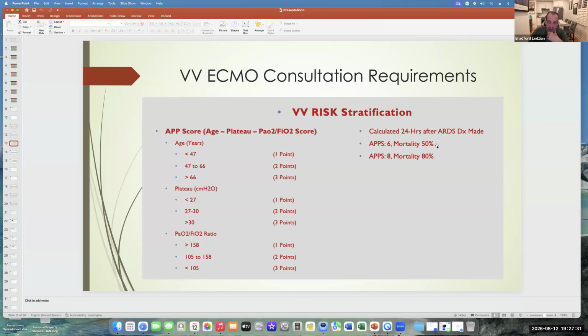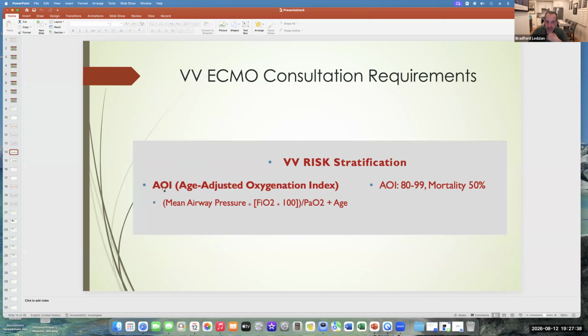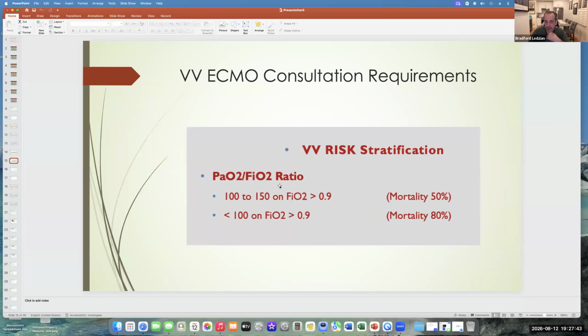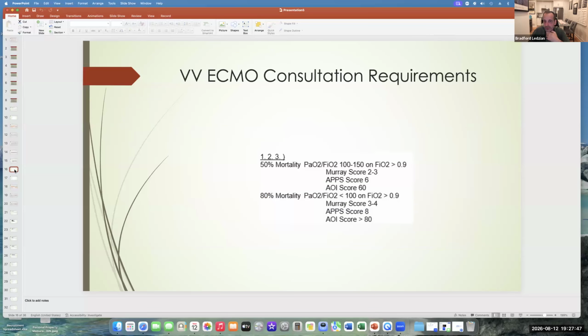Again, these are the ones that typically are cared about for programs when they decide whether or not patients will be candidates for VV ECMO. Same thing with the age adjusted oxygenation index. And your PaO2/FiO2 ratio primarily just on its own correlates with mortality. And so if you take all these things together, each one has its own sensitivity and specificity, and more data points is better than none. Probably the best of these, most utilized, is the RESP score. But when you combine all these together, you can find, are these patients above this 50% cutoff?